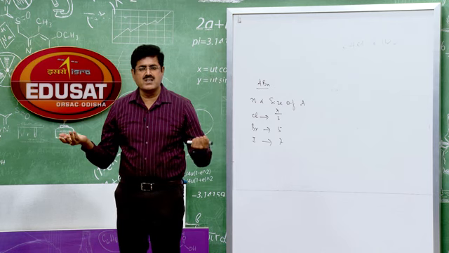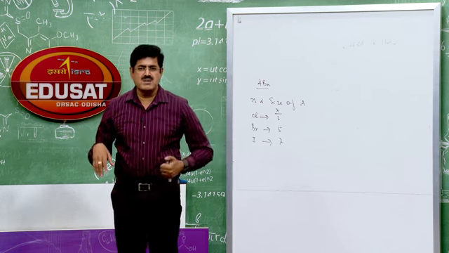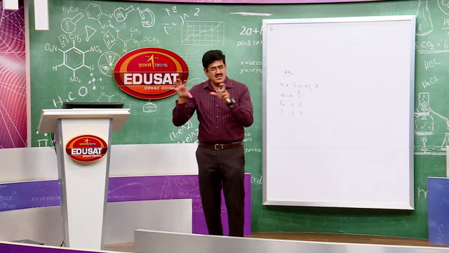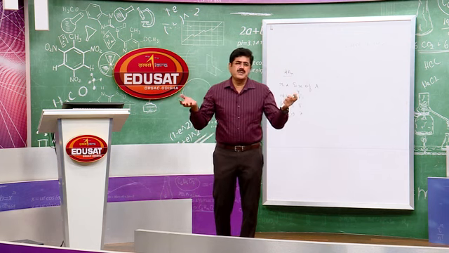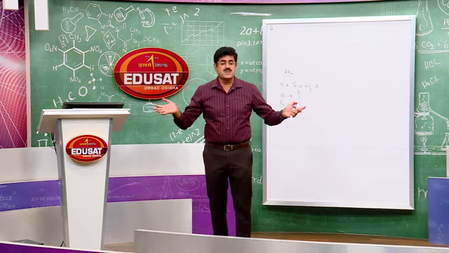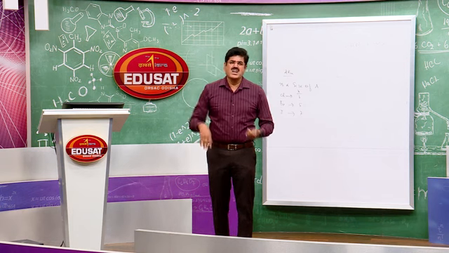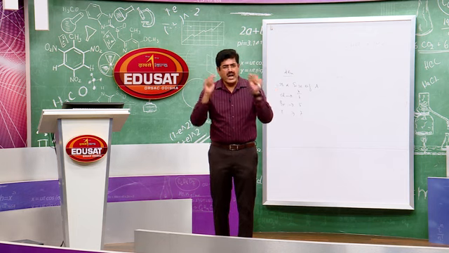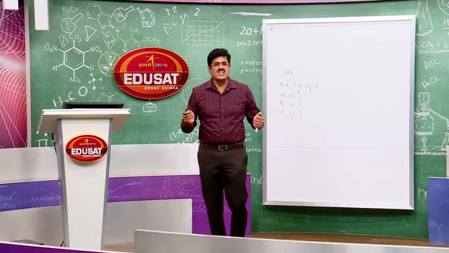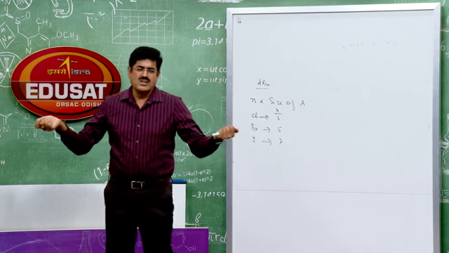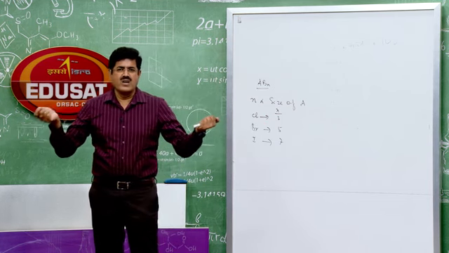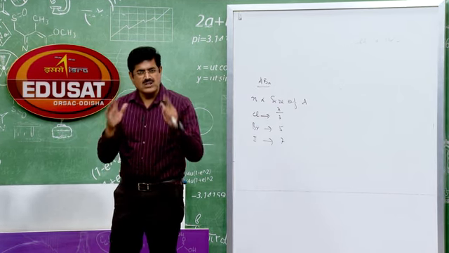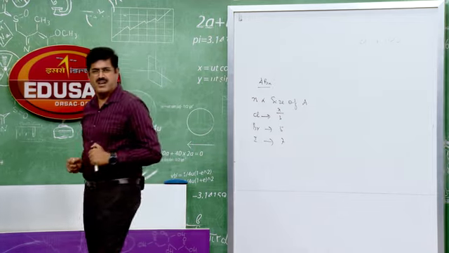Can you tell me what the hybridization of iodine in IF7 is? It is sp3d3. The d orbital is taking part in hybridization. How is it possible? s and p are smaller in size, d is larger in size. It is because of fluorine that it is possible. Fluorine contracts the size of d orbital, so d orbital takes part in hybridization along with s and p orbitals, giving sp3d3. And the geometry, as you know, the arrangement of these orbitals, is pentagonal bipyramidal.